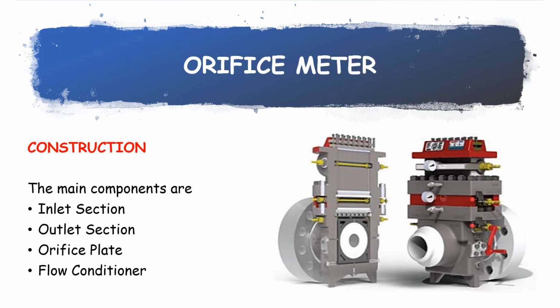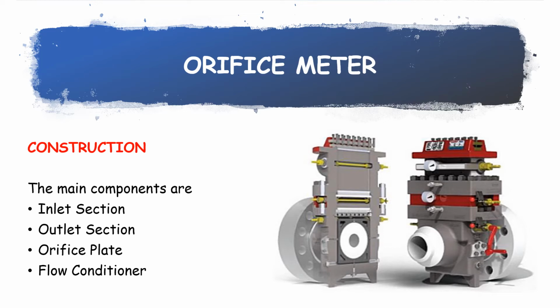The main components are the inlet section, outlet section, orifice plate and flow conditioner. We'll see them one by one. Inlet section means a linear segment which extends from the device and acts as an end connection for the fluid flowing inside. An outlet is also a linear segment, similar to the inlet section, where the pressure of the gas or fluid discharged is determined. And the orifice plate is present between the outlet and inlet sections, and it is used to generate a pressure drop which enables the measurement of the flow rate.